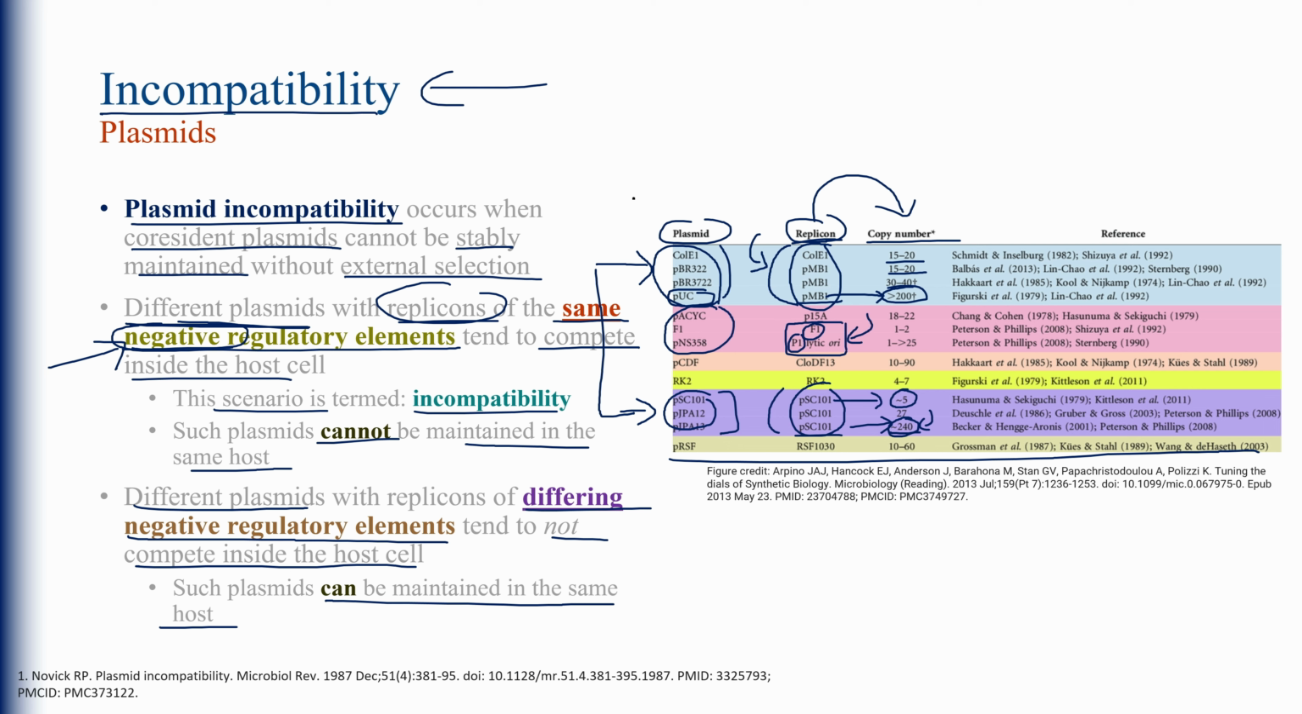Importantly, if there's one thing that you should recognize in the slide, it is that incompatibility is caused by the replicons of two different plasmids having the same negative regulatory elements. Importantly, those are generalizations. And so when you use generalizations, you should always have a level of doubt in your head about whether that generalization applies or not. But they are useful generalizations and they do work pretty well for the plasmids that are prevalent or contemporarily used